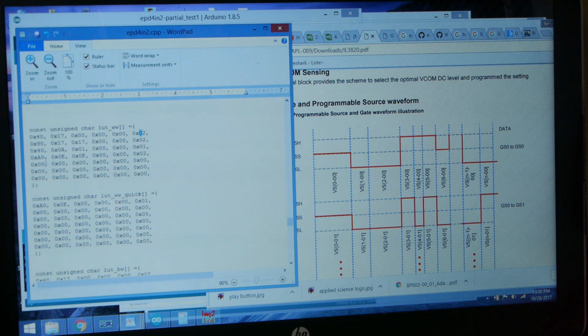I took the final voltage that was going to be applied to it, A0, and then the final amount of time, 0E, and I'm only going to repeat it once. So basically, I truncated the lookup tables just using the last value from each waveform. This makes sense because the last thing that the waveform does is set the pixel to the proper value, or